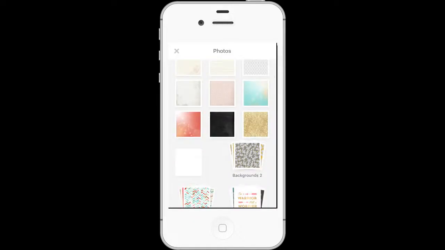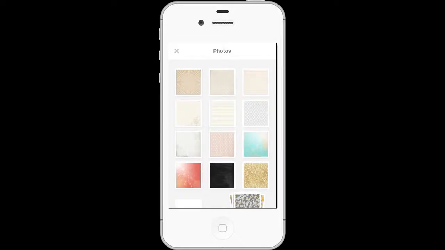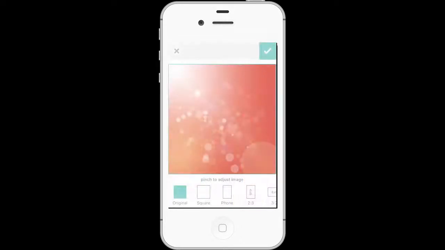So let's say that I really like this pink bubbly background, and what I want is for my text to show up with those pink bubbly colors and to have a white background. So I select that as my background, but it's actually going to become the color of my text. So I'm clicking square,